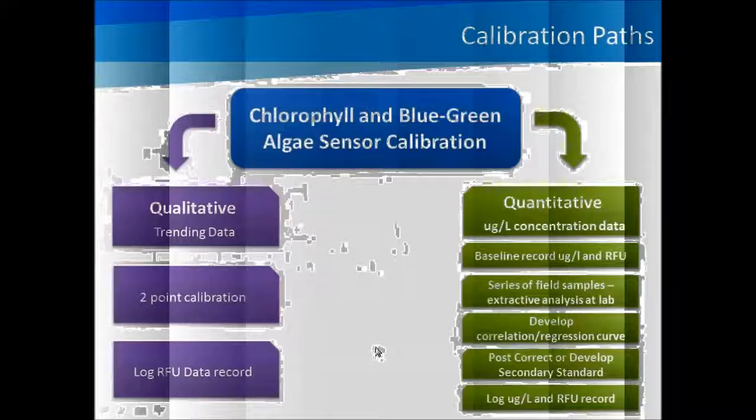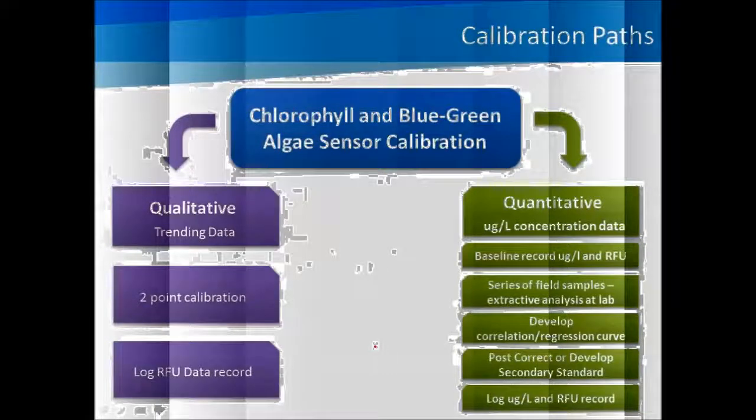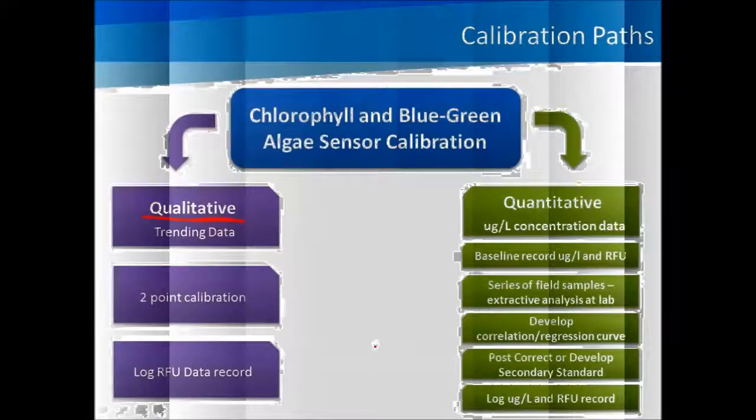The first is driven by groups that are interested in getting qualitative trends. The advantage of this is its low cost and its high speed of calibration. It involves frequent one-point calibrations with filtered DI water and occasional second-point calibration with a secondary standard to adjust for any probe drift. The second approach, outlined on the right, requires collecting field samples and the use of extractive analysis